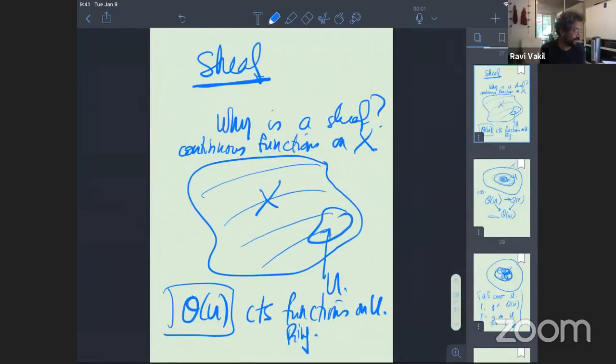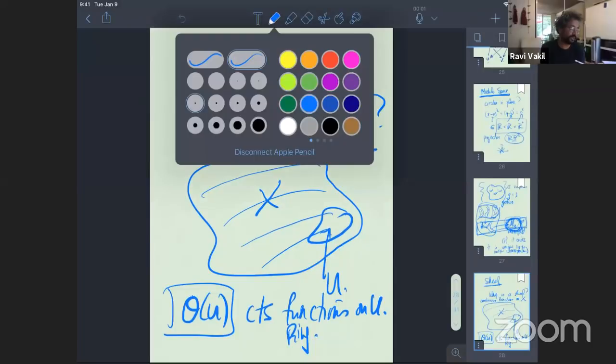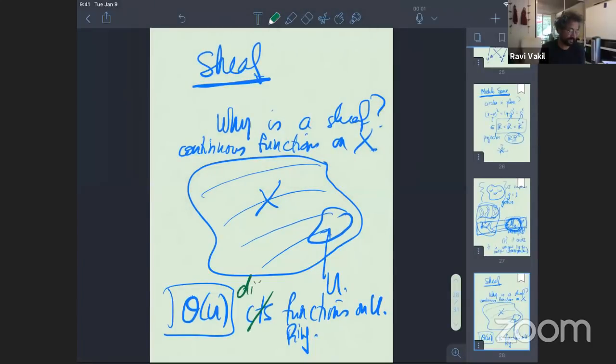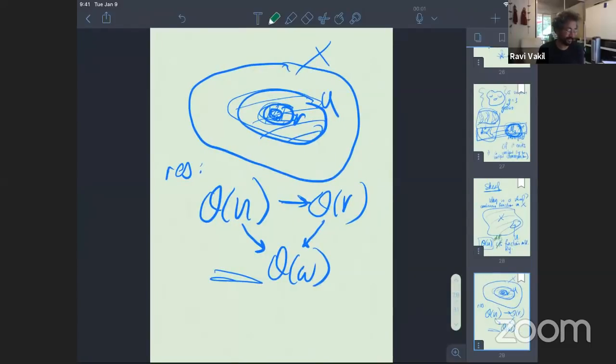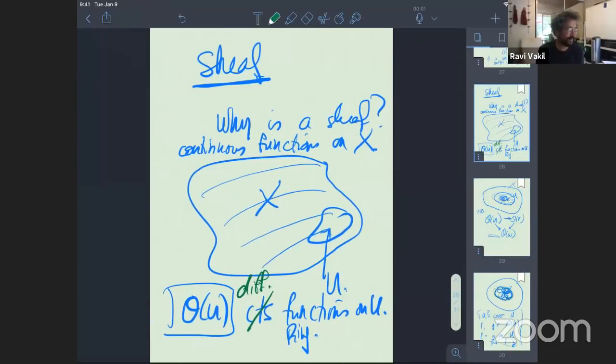And now I will tell you obvious facts about differentiable functions. Let me call, sloppily, the differentiable functions on an open set, or if you want C infinity or something else, then you can restrict them to smaller open sets. If you have two differentiable functions on U, and they restrict to the same functions on each thing in a cover, then they must be the same differentiable function. And finally, they glue together well. The same is true with C infinity functions, take your pick. So there's some commonality in all these cases of things that look like functions.